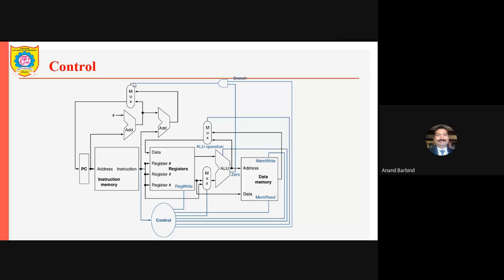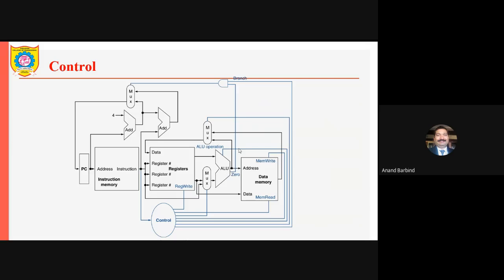So it is controlled by this particular select line. There is a single select line. So this is a 2-input 1-output multiplexer, that is a 2:1 multiplexer. This particular AND gate calculates whether it is a branch instruction. In case of the conditional branch instruction, the result is computed by the ALU, and the ALU tells whether the jump is to be caused or not.